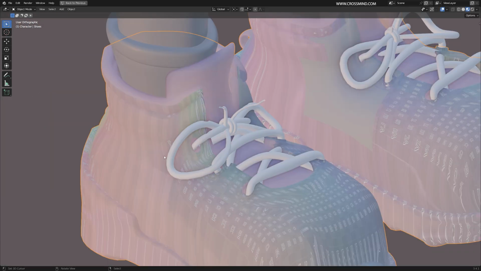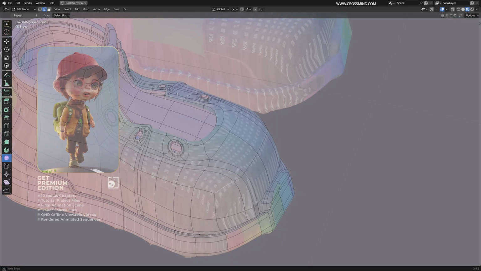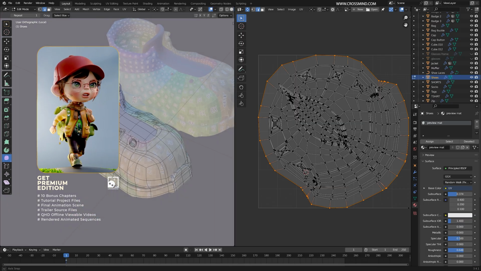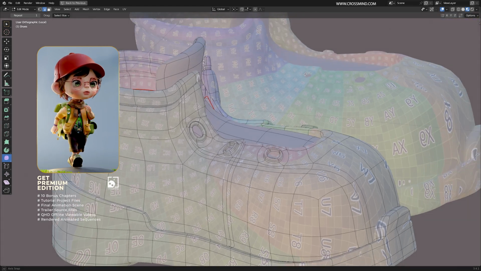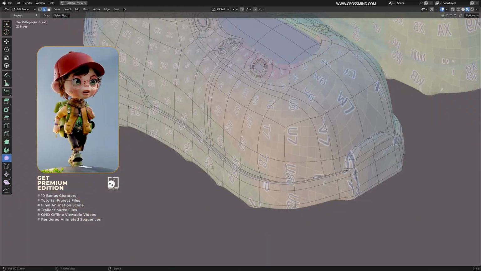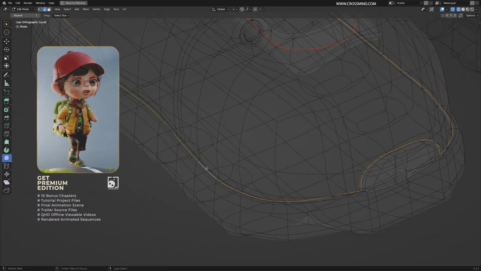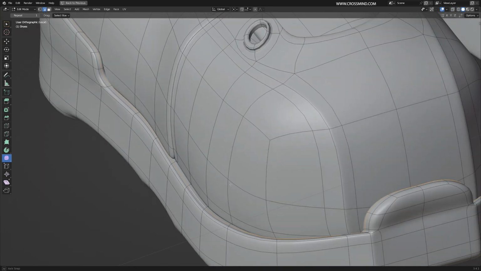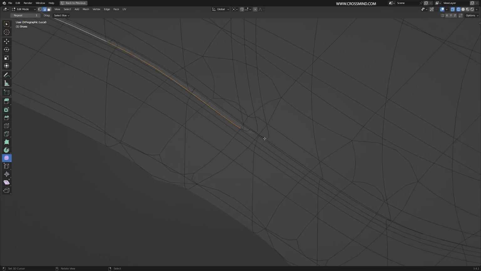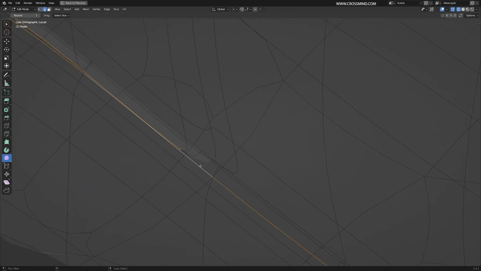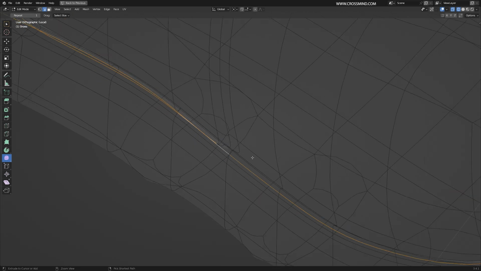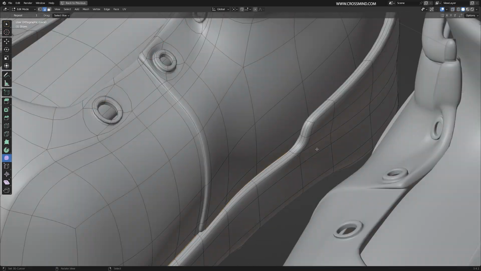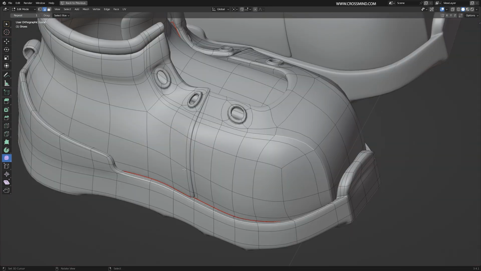Now for the shoes, I'm just going to isolate this one for now. First thing, select the borders, mark seam, and just by selecting the borders, we have solved a lot of UV problems. So just going to select this main loop, which separates out main shoe from the sole. This right here. All right. Just select any loop which is separating the entire upper and lower body of the shoe, the full complete loop, and mark that as a seam.